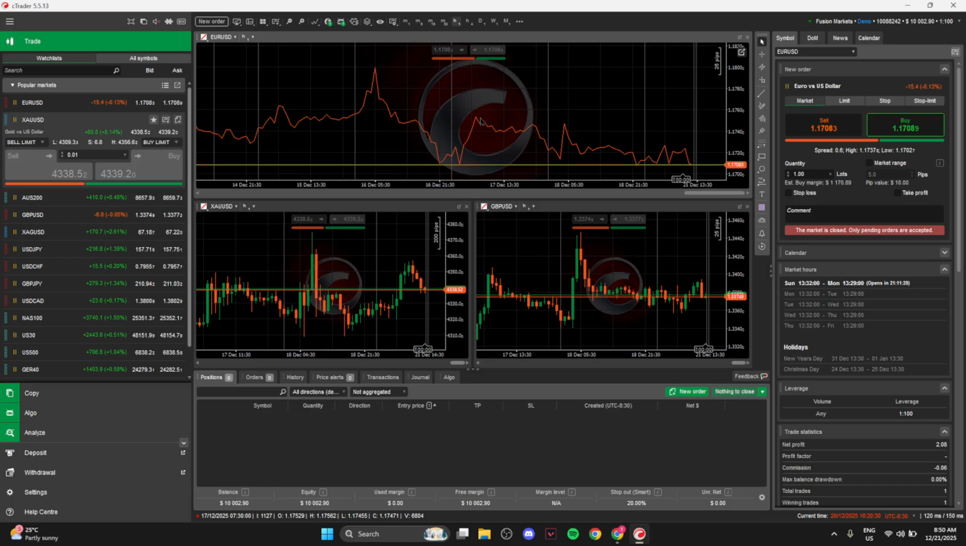Before you place a trade, make sure your account has funds. Check your available balance and margin in the account area so you know how much buying power you have. Keep in mind that leveraged products can amplify both gains and losses, so only trade with money you can afford